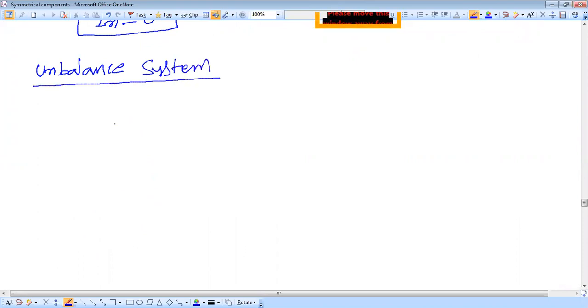Next, in case of unbalanced system, we know that the current through the neutral is not equal to 0. But what is the value? How much current will flow in the unbalanced system? What is the current through the neutral? We are going to derive it for the unbalanced system. Same figure, IN we can write IR plus IY plus IB.